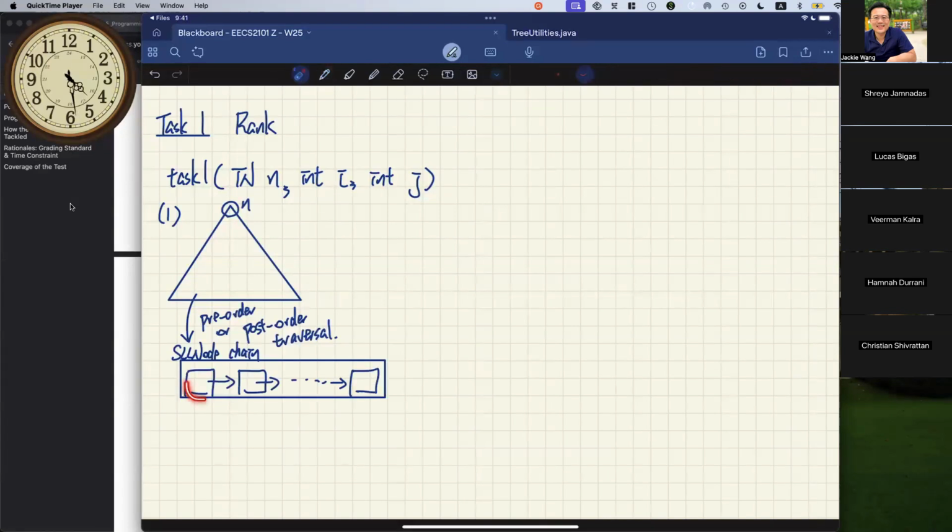So the number of nodes right here will correspond to the size of the tree, right? Which linearizes the tree structure using pre-order traversal. So that'll be step number one, right? So let's say you get phase A done. And once you have done that, you have some linear collection over here, and then you try to sort it, right? So B over here will be to sort this chain.